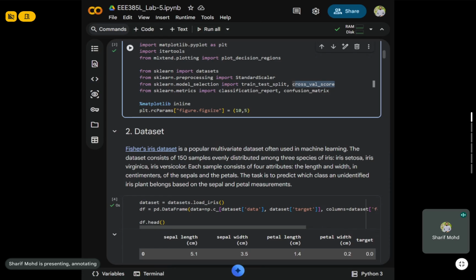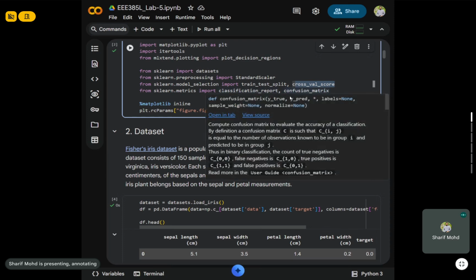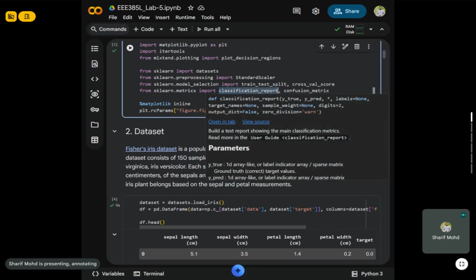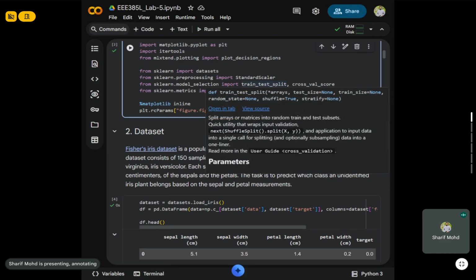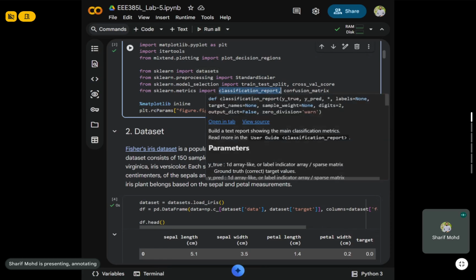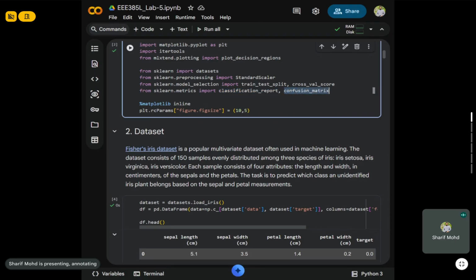And the last one that we're going to be basically importing, the classification report and the confusion matrix. So we have already discussed what things are in the classification report: precision, recall, F1 score, number of samples. So the things we discussed a while ago were our classification reports. And where do we get the classification reports from? From the confusion matrix. So we will also see the confusion matrix visually, and to see it visually we will import this from